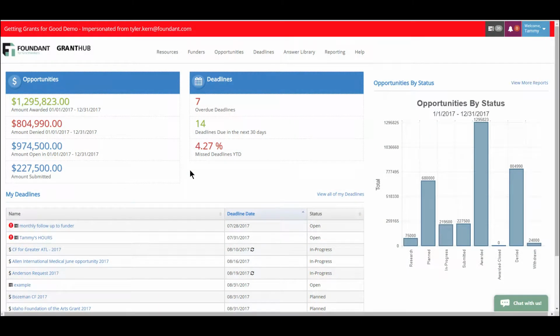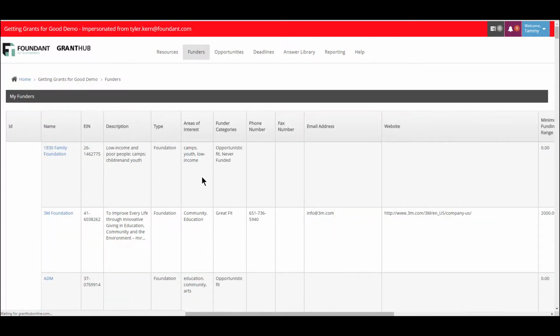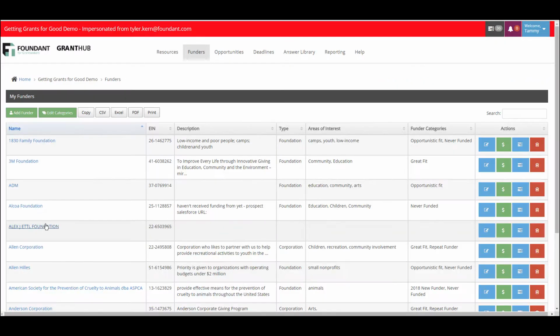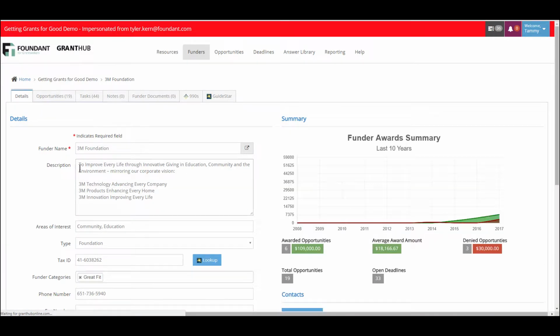To actually add a task to the system, I will show you how to access an opportunity through the Funders tab. First, we'll click into the Funders tab here, and we will then click into the organization that we've added, 3M Foundation. Once we get to the funder record level, we could click into tasks here and actually add the task to the funder itself. But in this case, I want to attach it to a specific opportunity, so I will click into the Opportunities